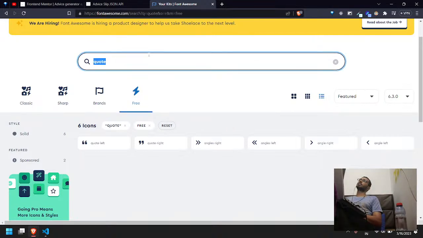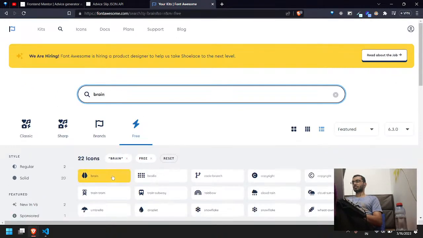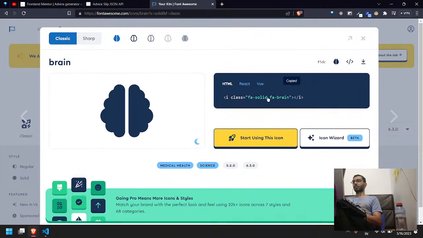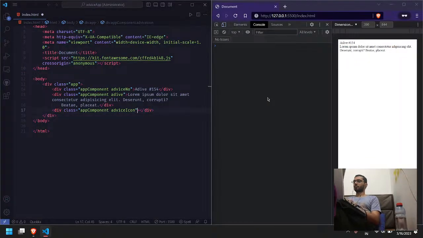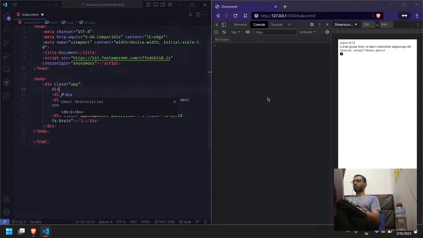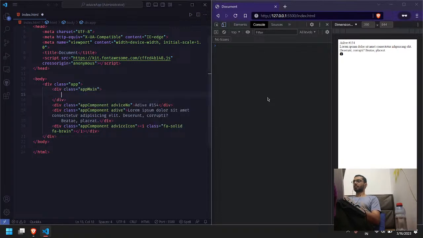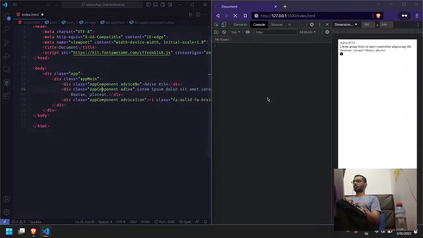So let's see what fits with advice. Brain. Yeah, and it's a free icon. Great, it's a free icon. We'll put the icon here, and we have our icon. Good, cool. So then, you know what? Let's put all of that in app main and put it above, and then we'll have an extra